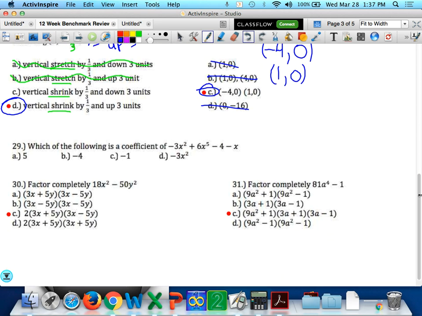29 is a good question, and it's an easy question, but it's tricky. It's asking which is a coefficient. Coefficients are just the numbers out front of variables. So negative 3,